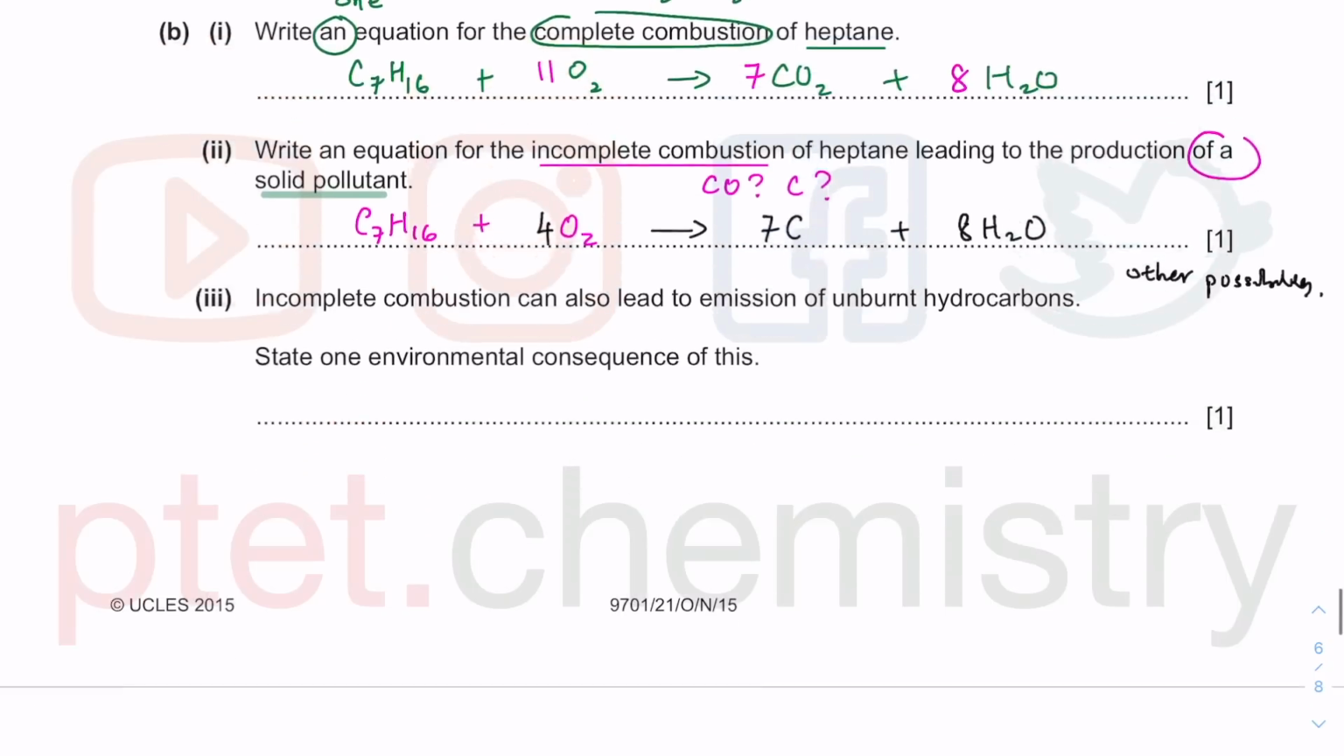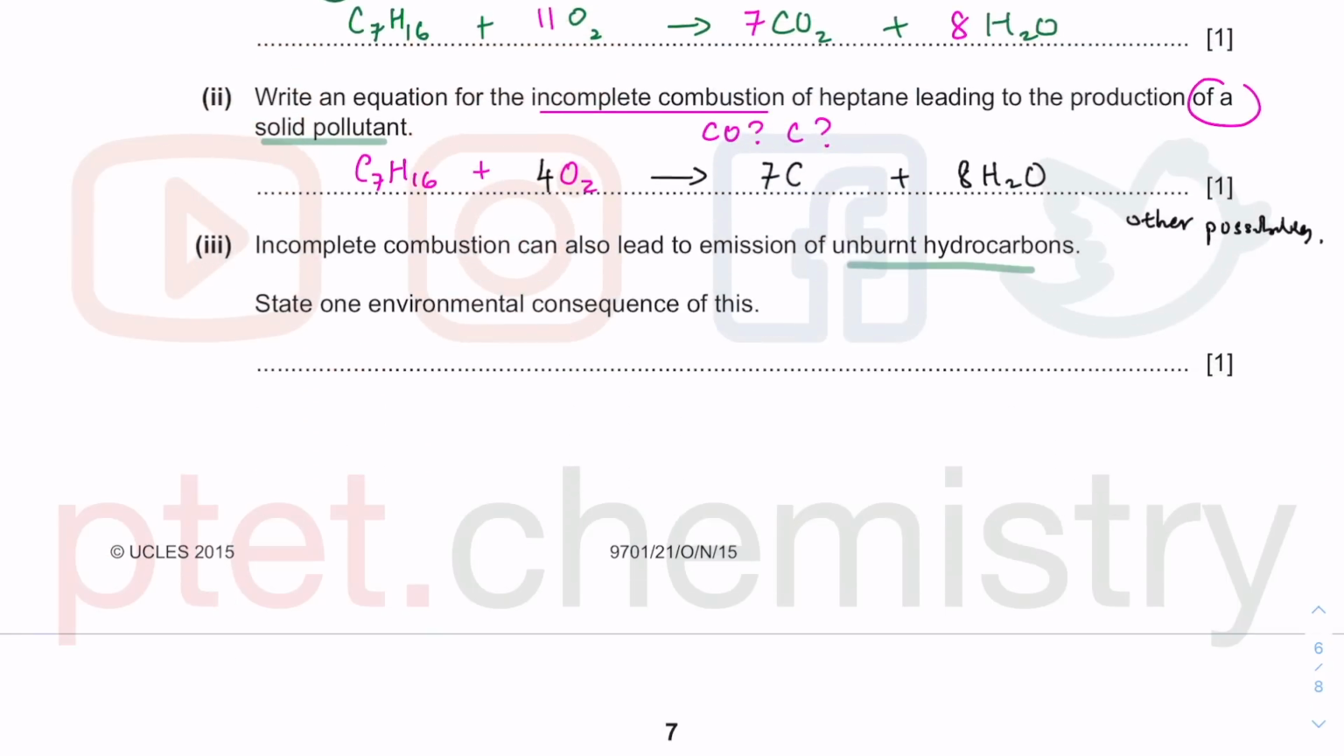Incomplete combustion can also lead to emission of unburned hydrocarbon. Because you don't burn completely as you don't have enough oxygen. What is the danger of unburned hydrocarbon? This is a very specific thing of unburned hydrocarbons. So the danger is on unburned hydrocarbon that can cause photochemical smoke. So this is a photochemical smoke like in Beijing, which has a lot of industry obviously, and this thing can